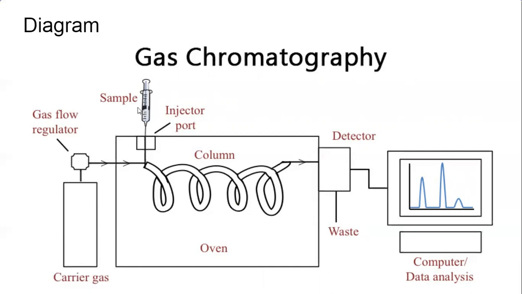And this is the injection. Through this injection only we introduce the sample, and this is the heating port, the injection port. Here we heat the sample, so the sample is vaporized, and those vapors are introduced into the column. The sample comes from here, and here the mobile carrier gas. Both are introduced simultaneously and enter the column at once. This is a very important portion. This is the column, and it is a coiled or U-shaped stainless steel tube or copper tube.